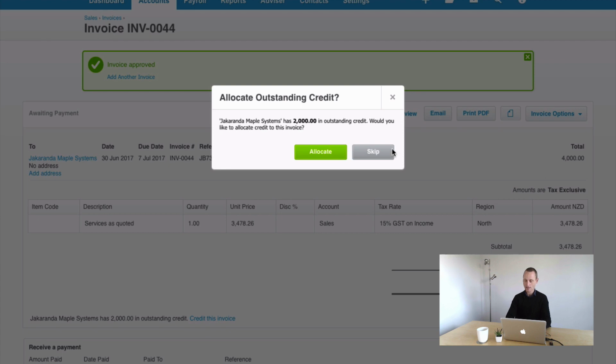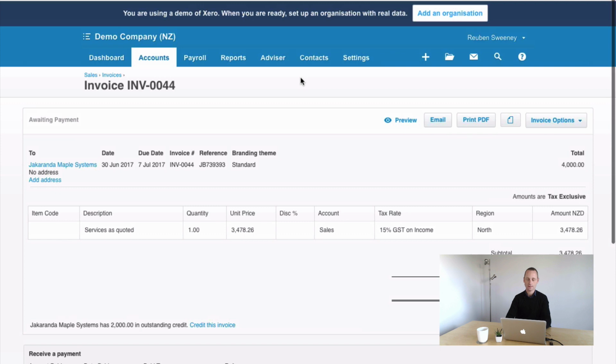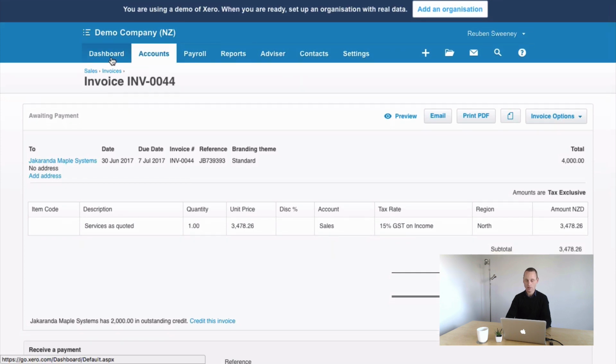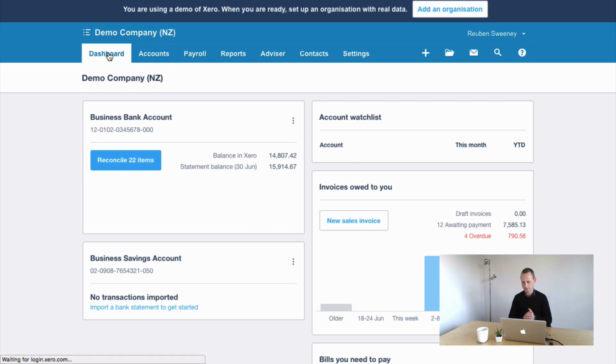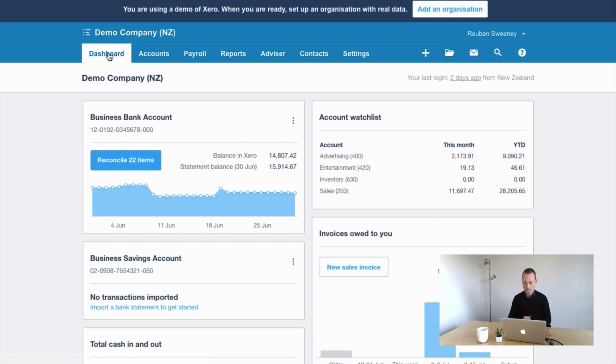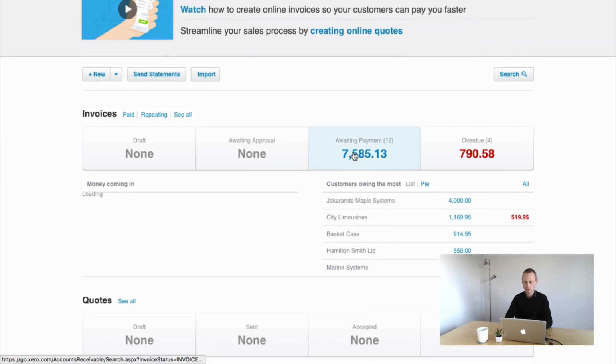Now, failing that, let's imagine we skip. I'll show you how to manually allocate that, okay? There's a couple of different methods. Let's imagine we send that out and we go, that's right, we had a deposit from them. So what we can do is come into accounts and sales, and inside our awaiting payment here, this is method